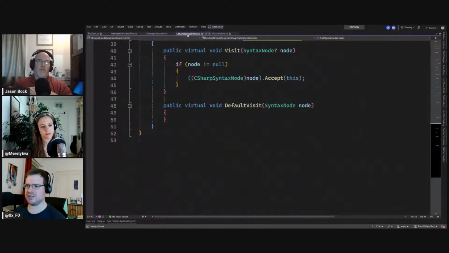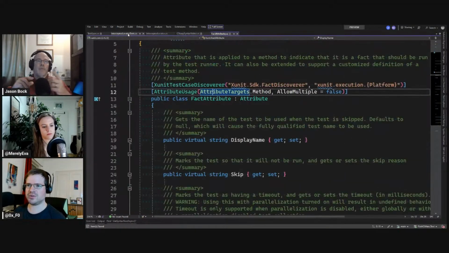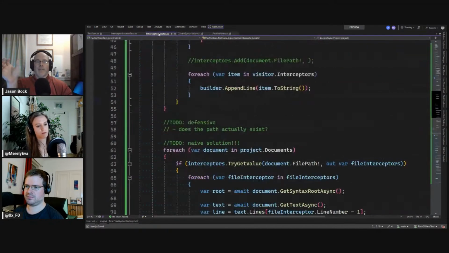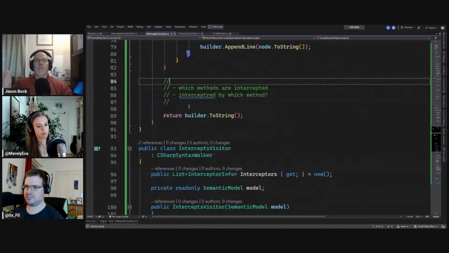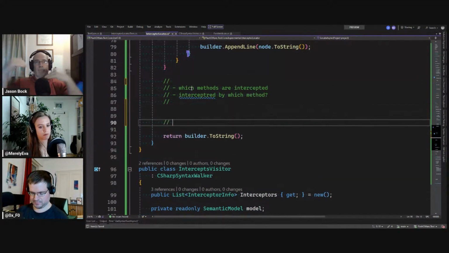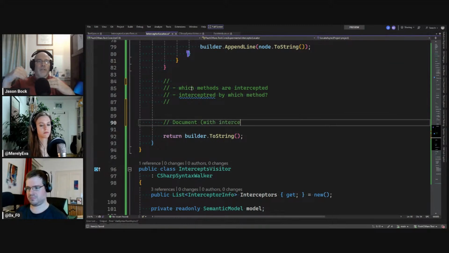Going through each document at the end, the second time, you'd say if this document has interceptions, then list that this document has these method invocations at these locations in the file, and they're going to be intercepted. That would be kind of cool to know.